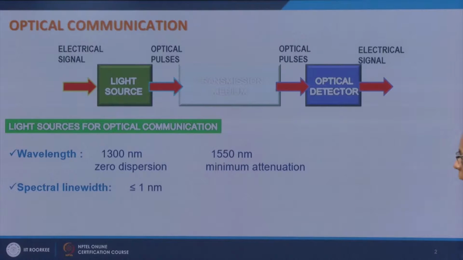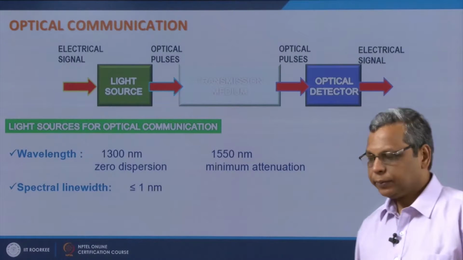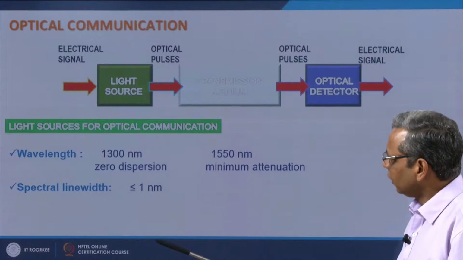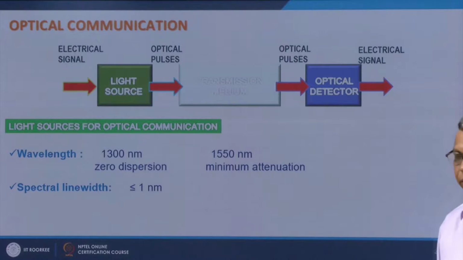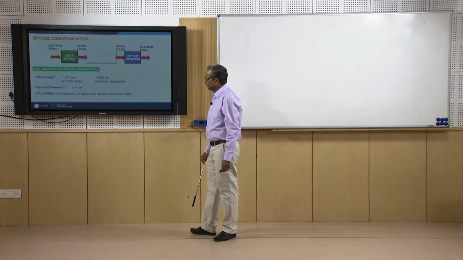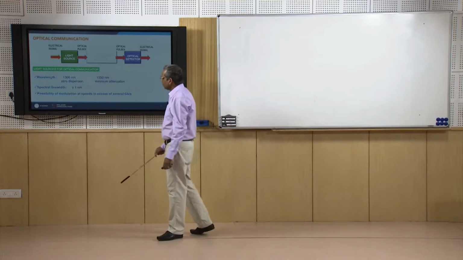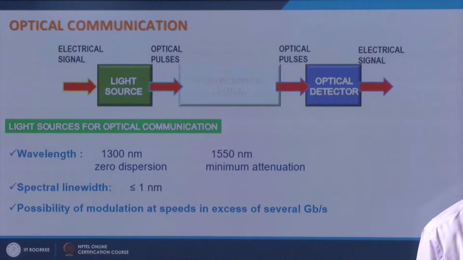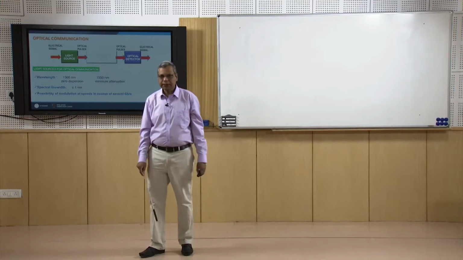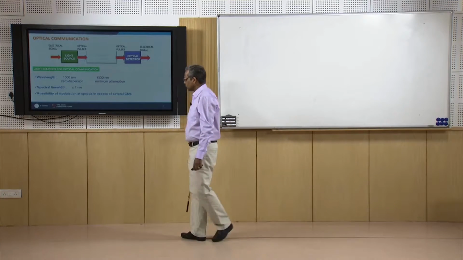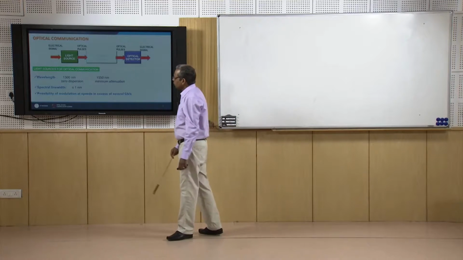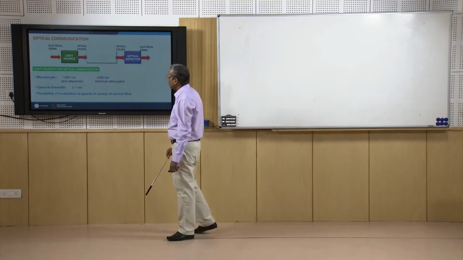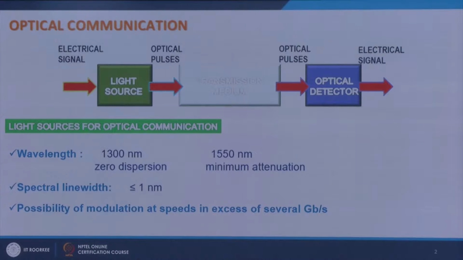Then I should have a line width as small as possible. Typically the line width should be smaller than or of the order of 1 nanometer. The third thing is, since I am going to use these sources for optical communication, I need to modulate them. I need to generate optical pulses from electric pulses. So, these sources should be able to be modulated at speeds in excess of several Gbps,